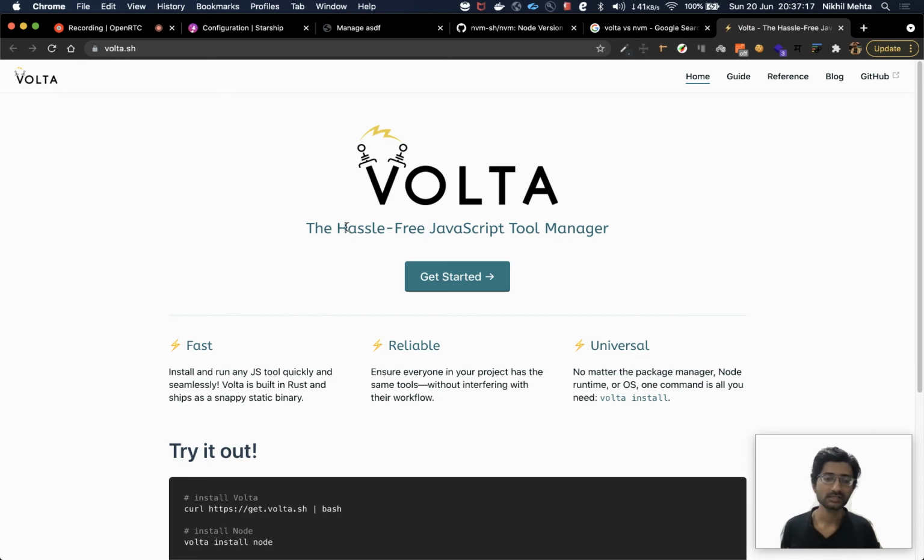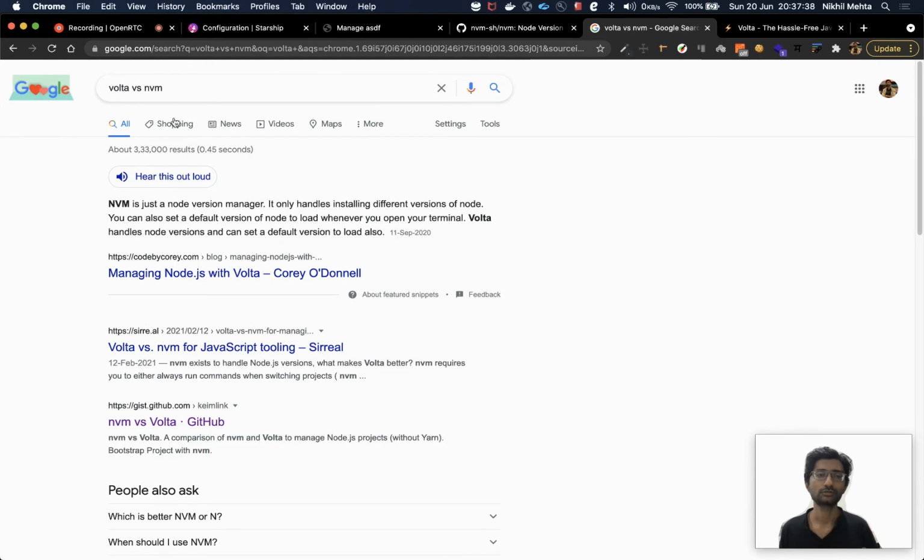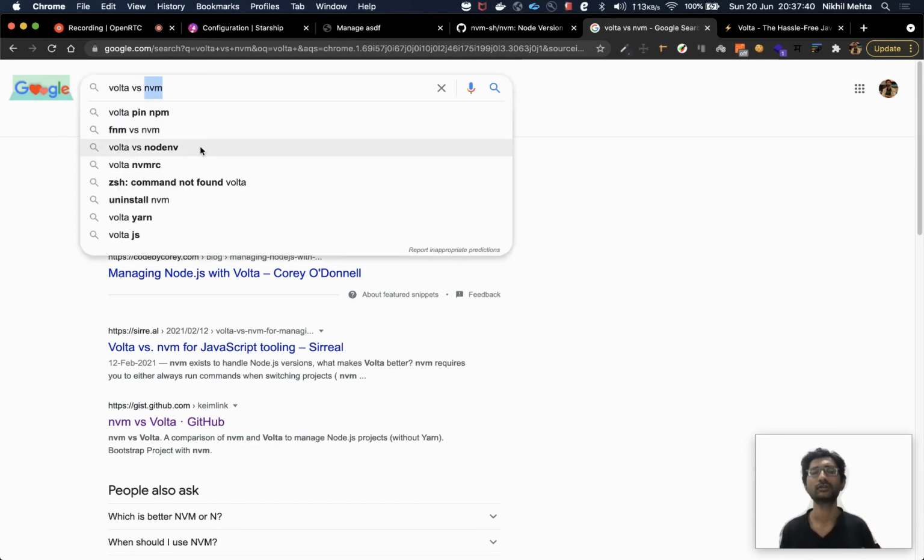The primary reason is that they somehow try to overcome the disadvantages, or maybe the complications, you eventually land into with previous tools. Initially I was using NVM, but then I realized that when I want to use multiple versions of some Python maybe, or some other tool, I have to again search for a different version manager for Python, right?